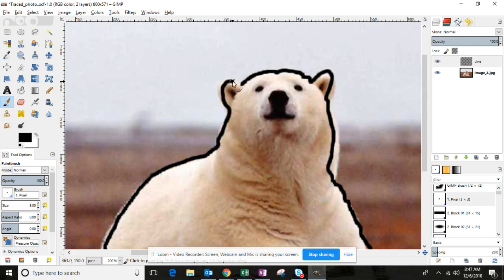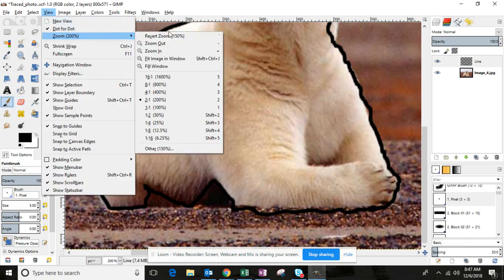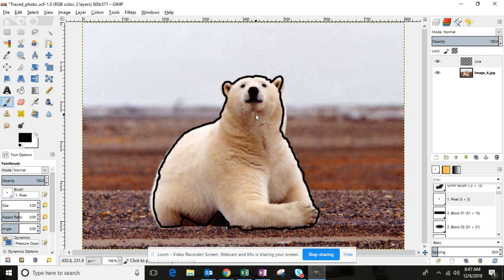All right. So there I have my rough outline. I'm going to actually use my eraser here, my eraser tool, and I'm going to come down to where I kind of did that. If you have anything you want to erase, you can. Okay, and then I'm going to click back to my paintbrush tool, which we're working with, and then I'm going to zoom to fit my image back to my window. And there I have my outline of my